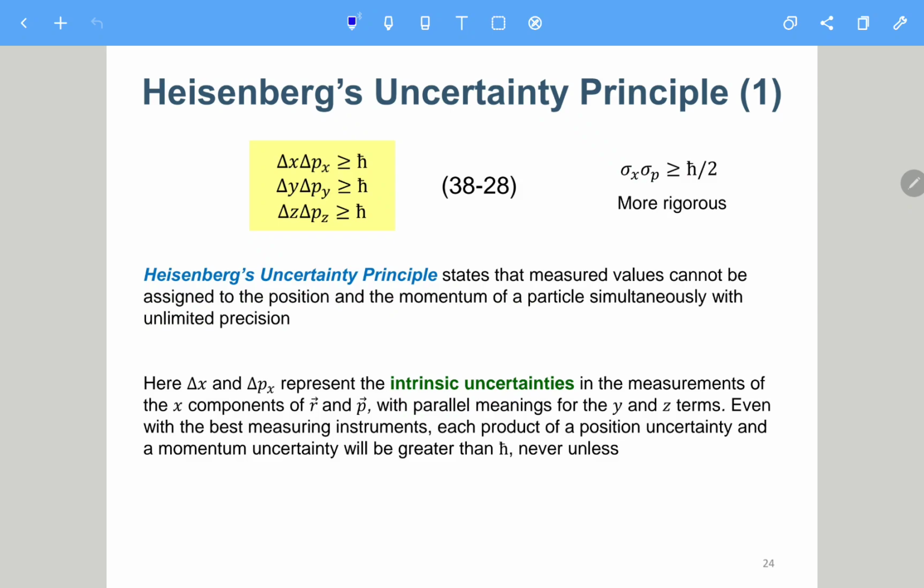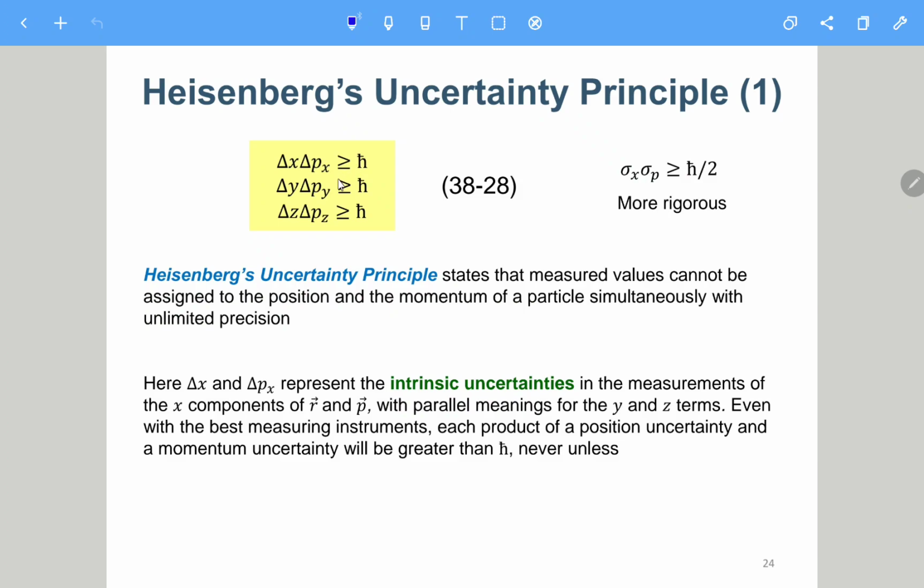Of course, if we know the mass of the particle and we know the velocity, we know the momentum. So it says, if we try to measure the position and also the velocity or the momentum, there will also be error. The error for the position is delta x, the error for the momentum is delta p in the x-axis. And the product of these two errors is always larger than this h bar.